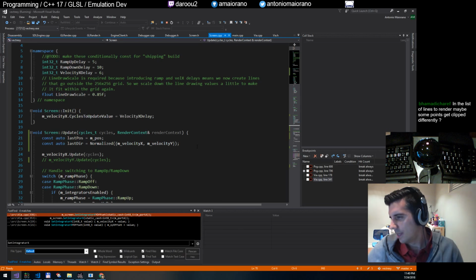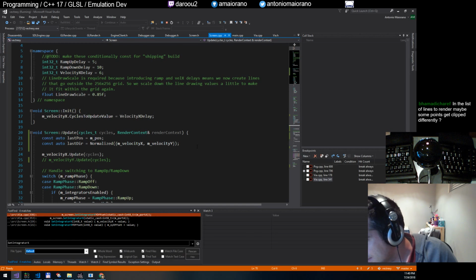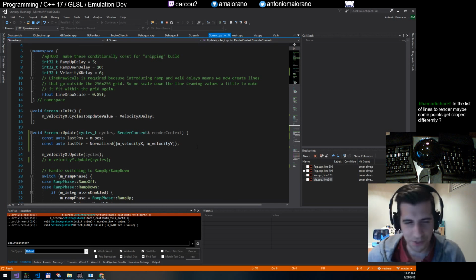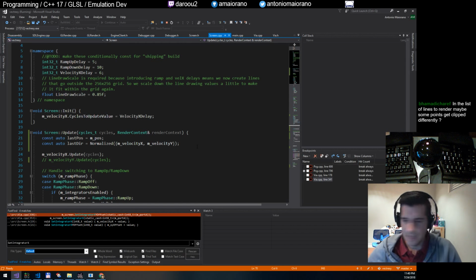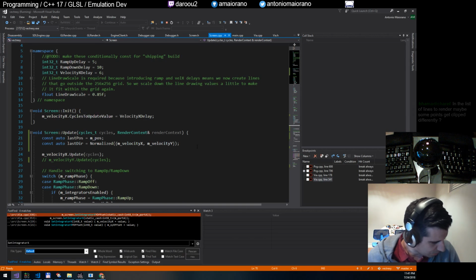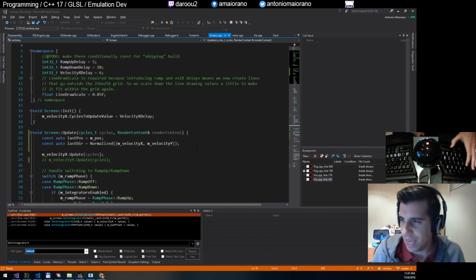Yeah, that's a good point about clipping. Bama the Sheriff, I'm sorry, I'm totally butchering your name. I'll call you Bama. Bama says that maybe the lines in the list to render are getting clipped. That is possible. So we're talking about the edges, which